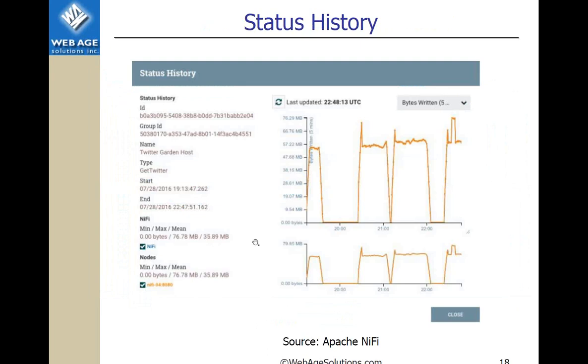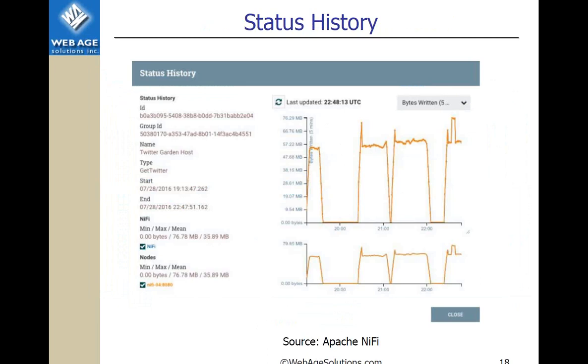Status history. It just shows you what's happening with your flow, right? It just gives you some statistics to show those spikes of activities, and you can probably start figuring out if you need to kind of bolster or harden your system.